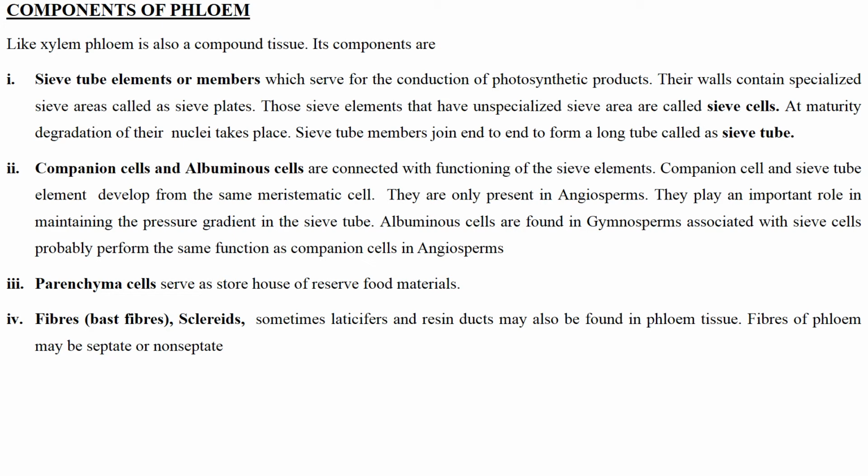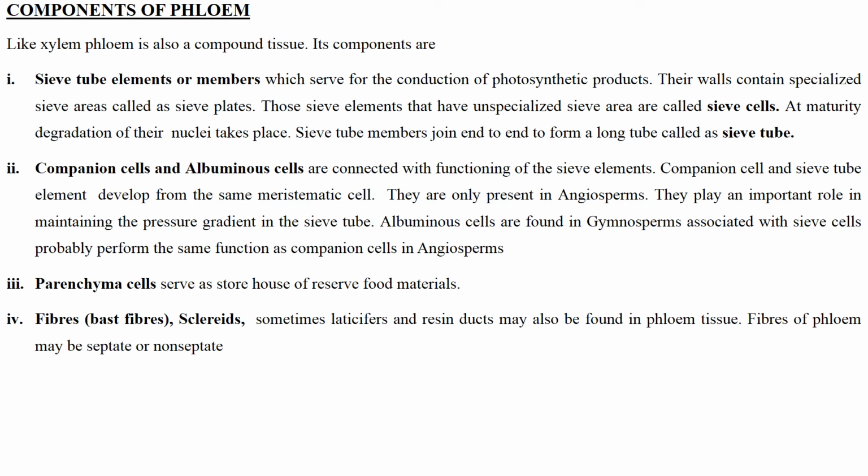Now we will see the components of the phloem, that is, the different types of cells which are found in the phloem tissue. As you know, phloem is also a compound tissue. It consists of many different types of cells which are involved in the conduction of food material within the plant body. And these cells are: